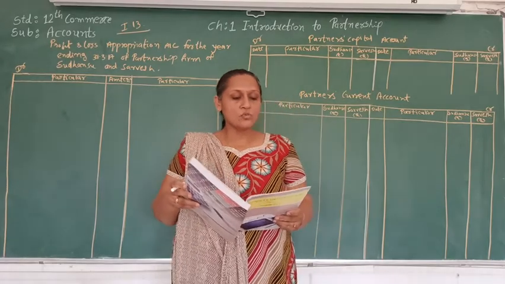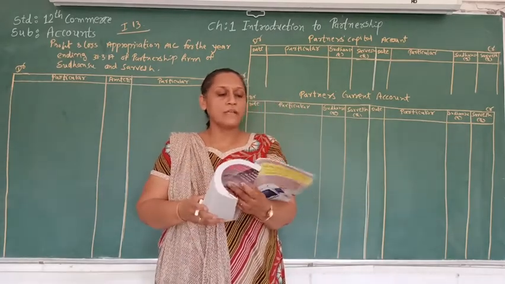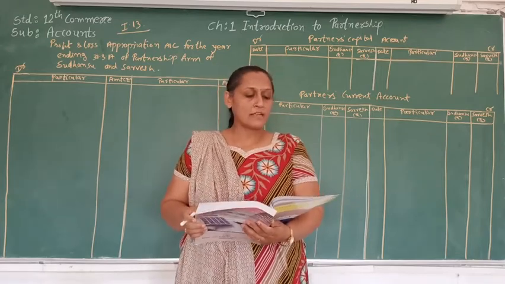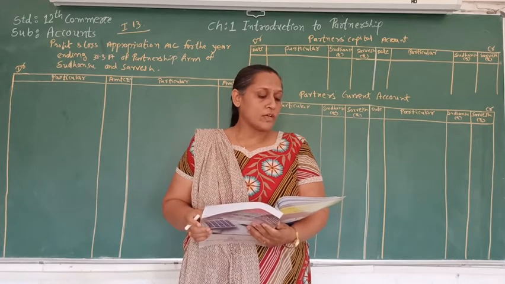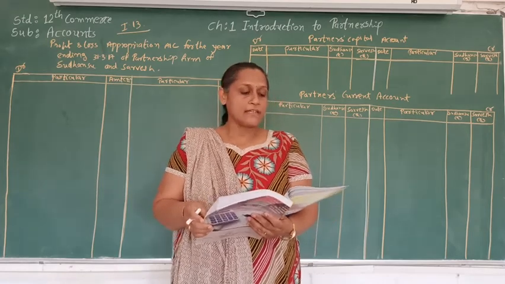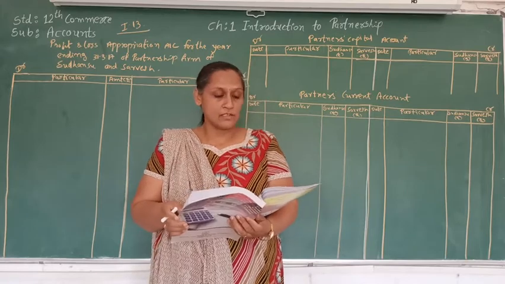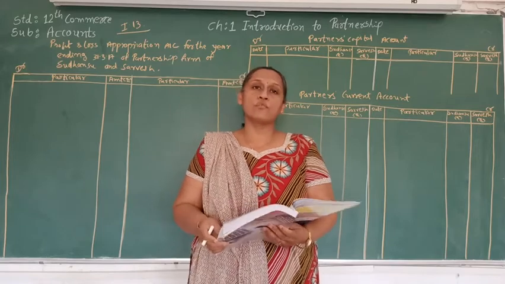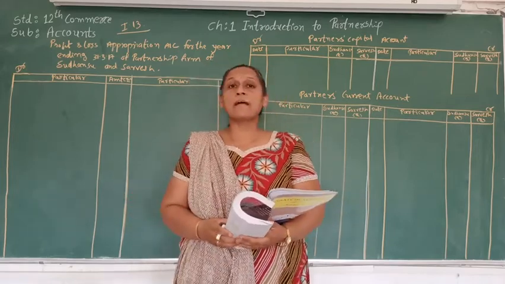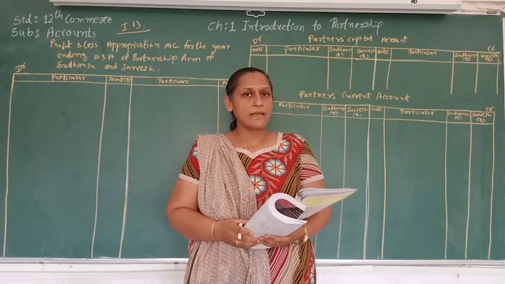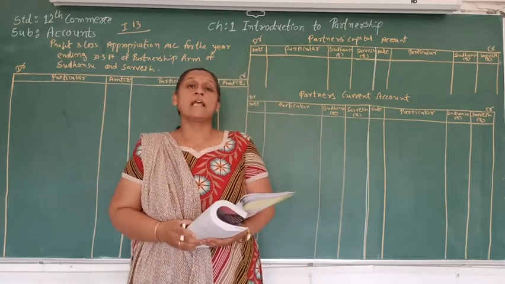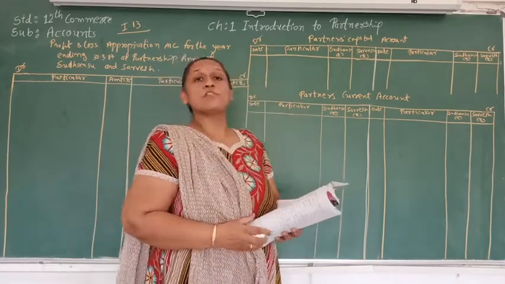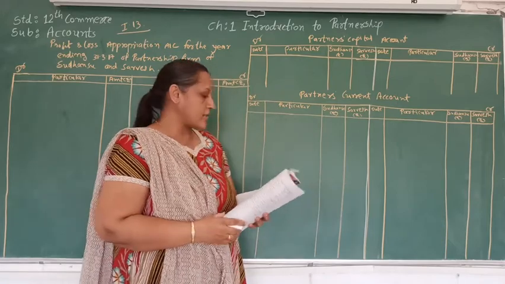Illustration number 13. Sudhanshu and Sarvesh are the partners of the firm and their profit and loss sharing ratio is 3:2. The capital of the partner as on 1/4/16 was 90,000, and this capital was fixed capital. Now capital of partner is in the ratio of 5:4. So here Sudhanshu and Sarvesh are the partners and they are following fixed capital account method, and their total capital is 90,000, and that is in the ratio of 5:4. So here we can understand the capital of Sudhanshu is 50,000 and capital of Sarvesh is 40,000.